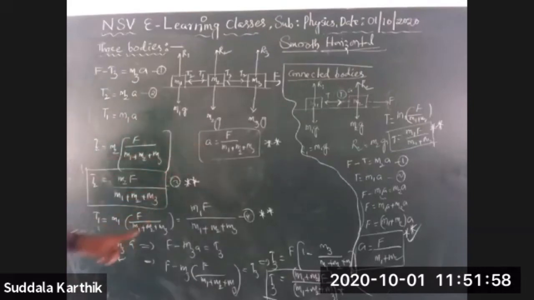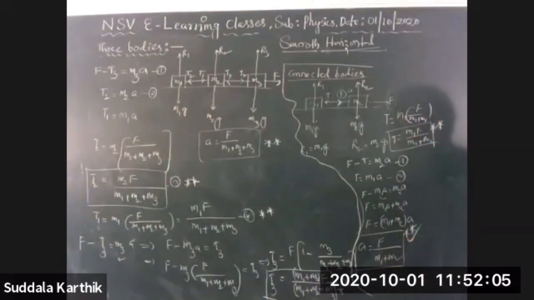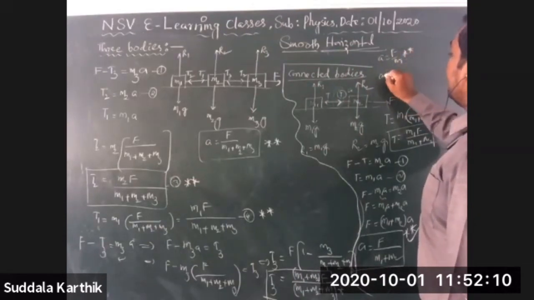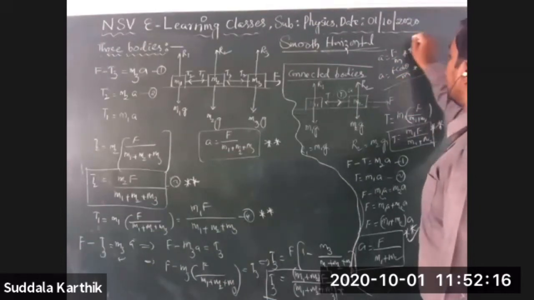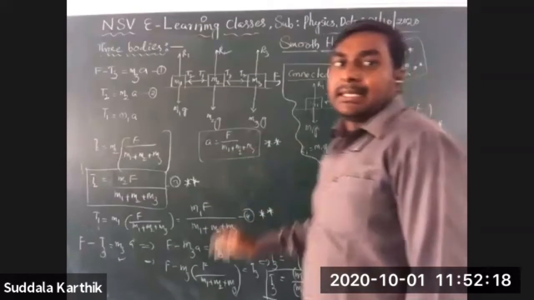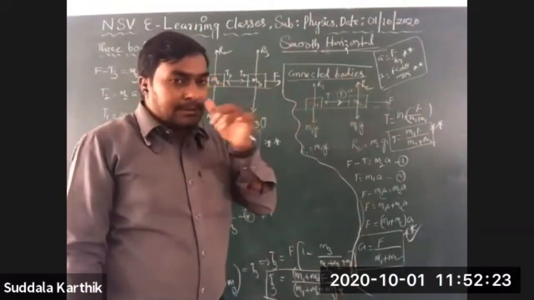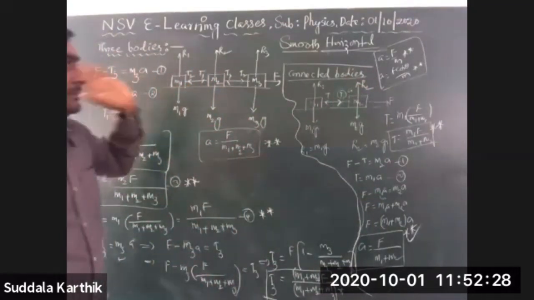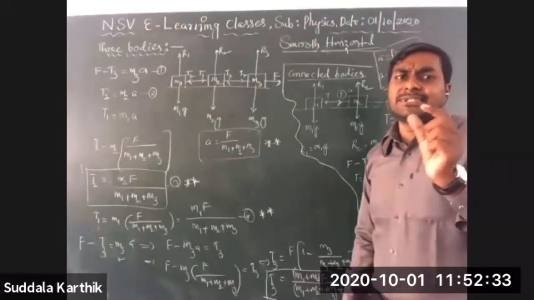This equation, this equation, and so on. And in the previous case, A equal to F by M, A equal to F cos theta by M. In two cases, that one only. Whether it is subjected to push or pull, whatever it may be, A is equal to F cos theta by M. This is the situation. Very important, interesting, and a little bit of confusion is also there.